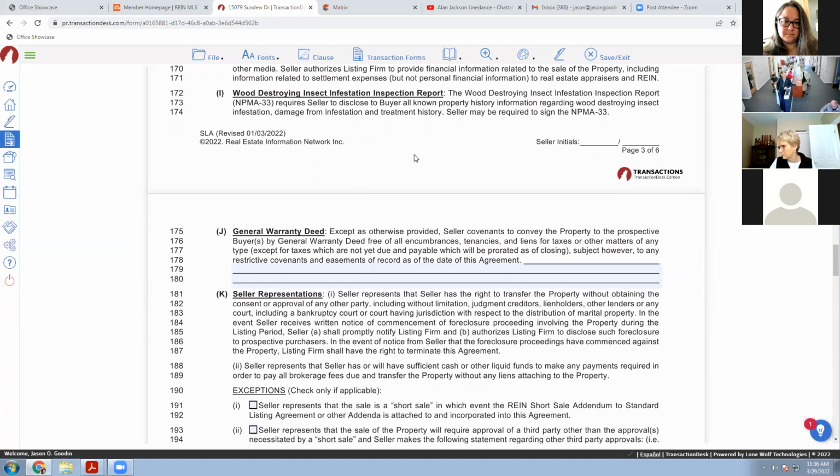General warranty deed, except as otherwise provided, seller covenants to convey the property to the prospective buyer by general warranty deed, free of all encumbrances, tenancies, and liens for taxes or other matters of any type, right? So this is something we all had to learn about in principles of real estate class, the types of deeds. General warranty deed is the best, right? It is the one that is in fact free of all encumbrances and tenancies and liens and that sort of thing. And so the seller is promising to deliver a general warranty deed to the buyer in this